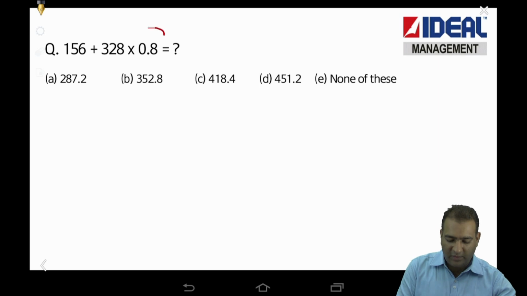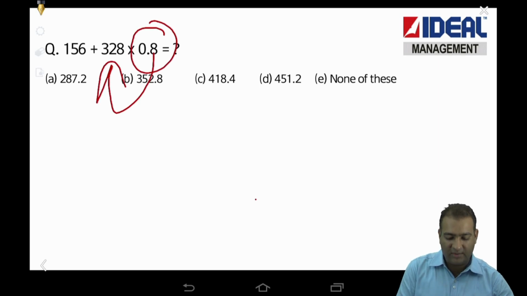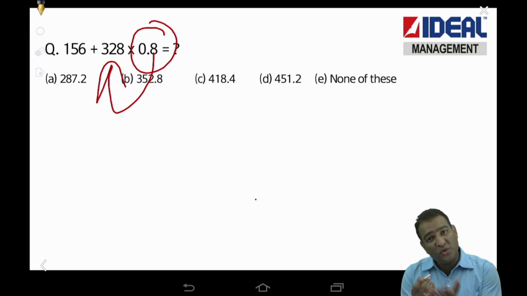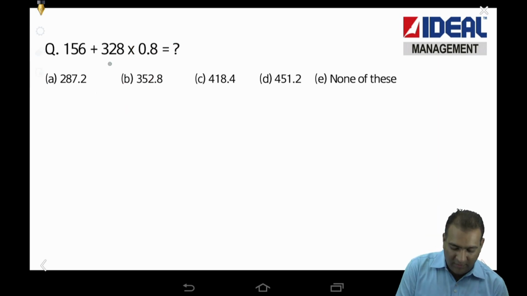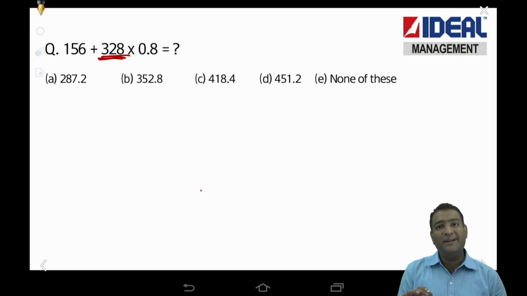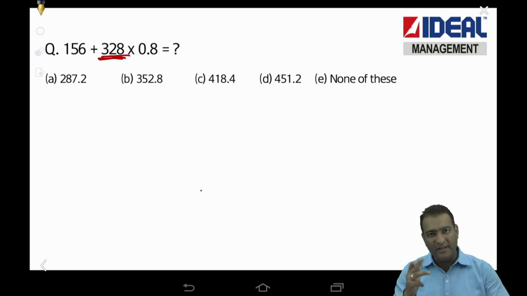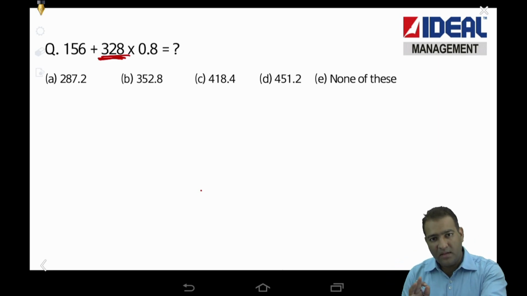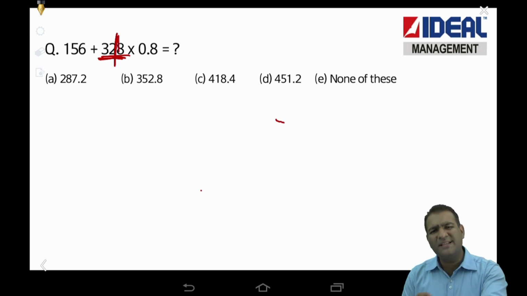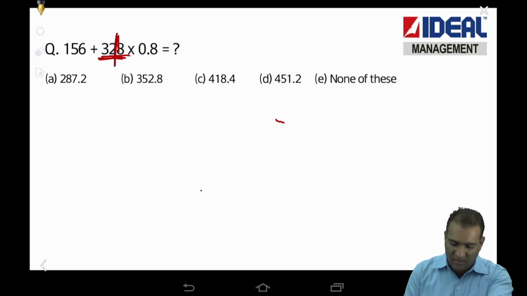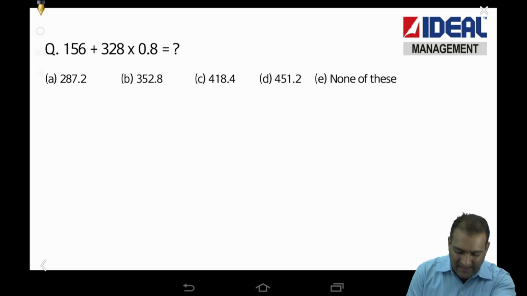when you take this 20% reduction, right? You don't actually have to take the full 20%, right? So 20% of this will be approximately 60. I'll be discussing the second shortcut later, right? Because 10% is 32, so 20% will be 64, 65. Again, we don't need the full amount, right? So this would give me minus 60